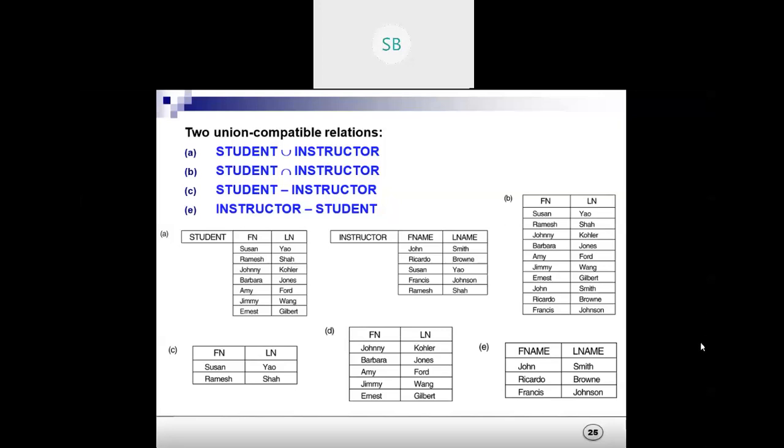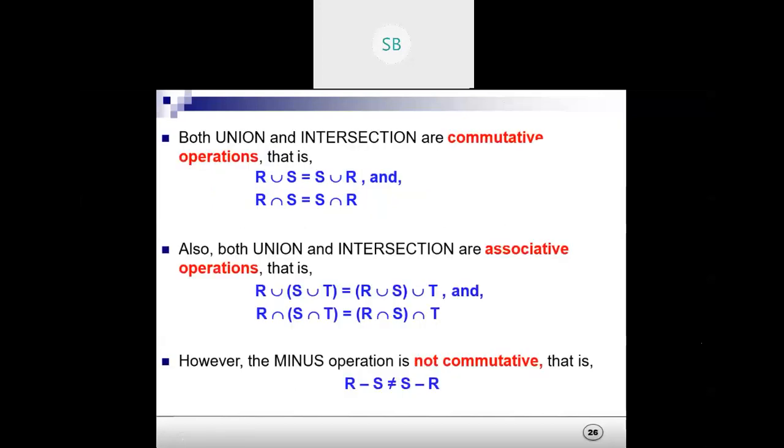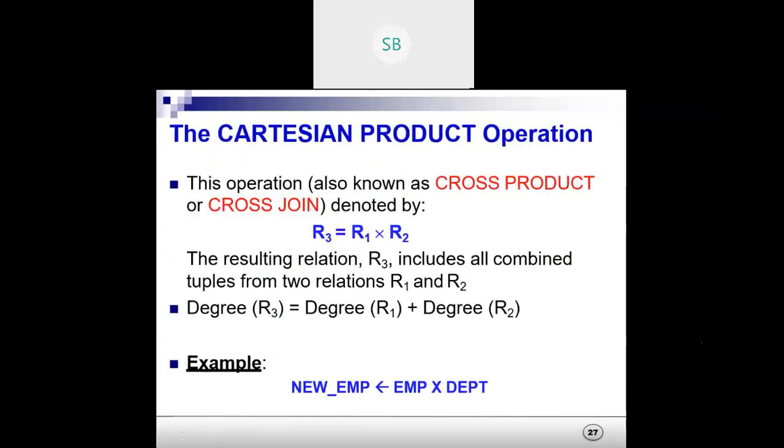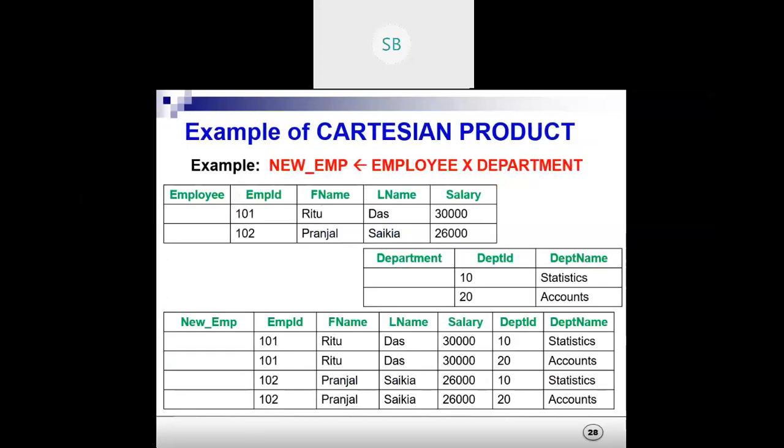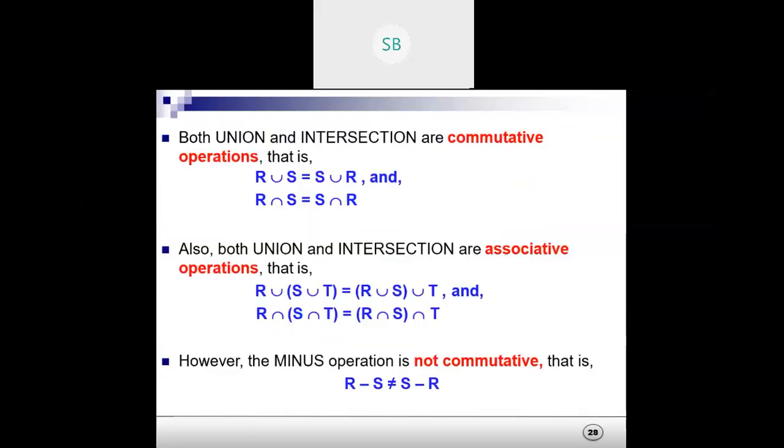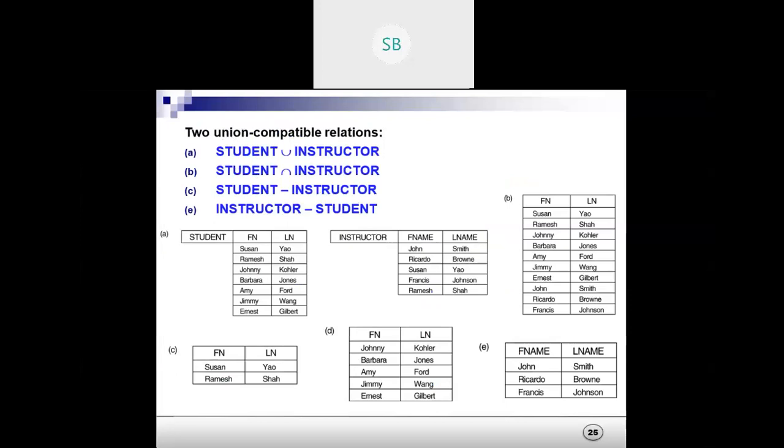So tomorrow I think we have a lab class. I'll first complete this portion, then only I'll move to lab. Tomorrow I'll give you an assignment because we have a 3 hour class, so we can just have a discussion. I'll not move to these things today. We'll discuss it tomorrow. I can explain this Cartesian also, but not now. These things are left. Tomorrow we have a lab class. First we'll discuss this one, then we'll move to lab.